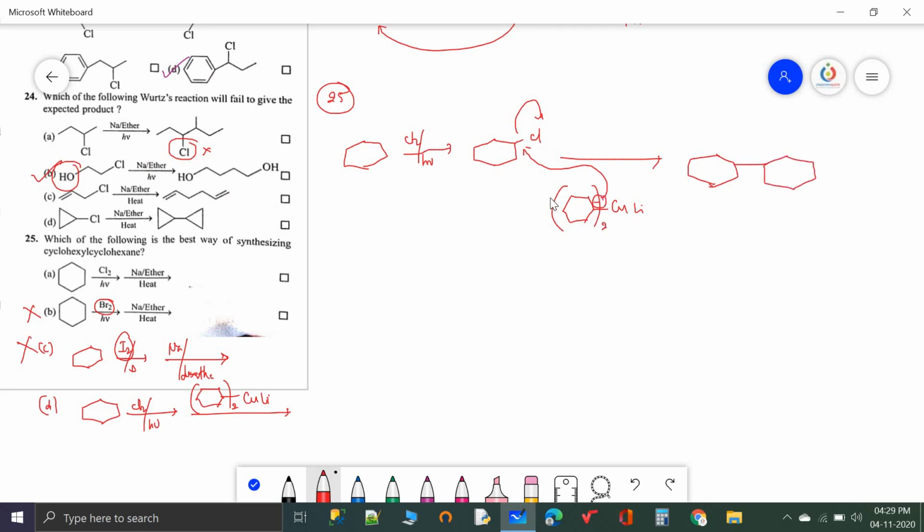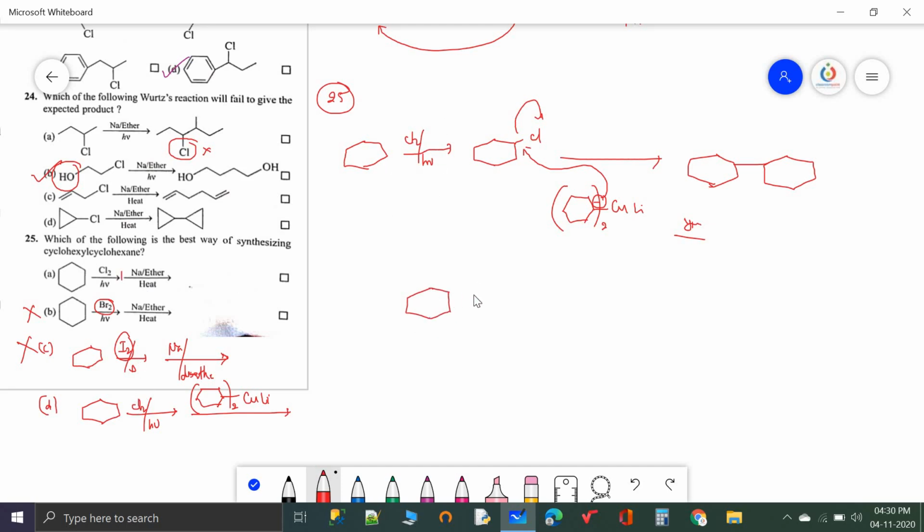Cyclohexane. But this is a larger carbanion, so attacking of the larger carbanion over another larger molecule is a difficult task. So that is the reason why, though this reaction is possible, the yield will be very less. So that's why the only preference is chlorine. This reaction happens initially because the starting reaction is the same in both the cases.